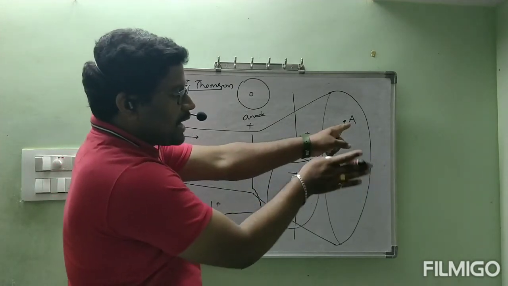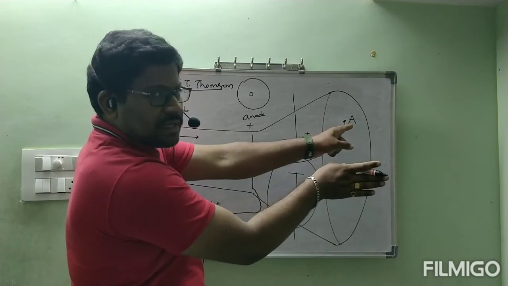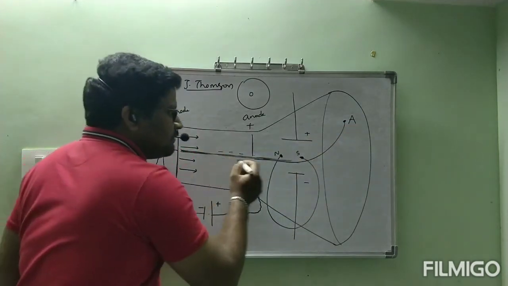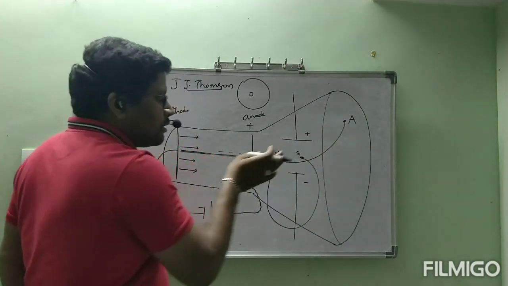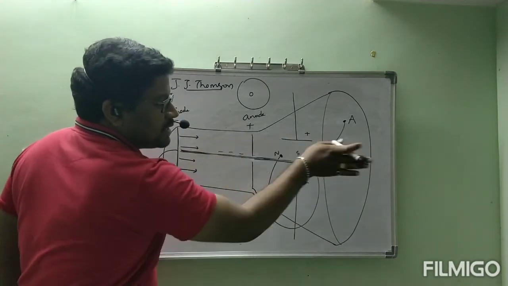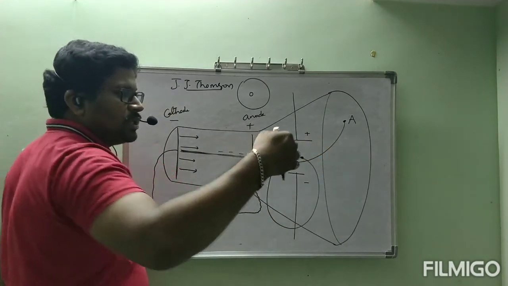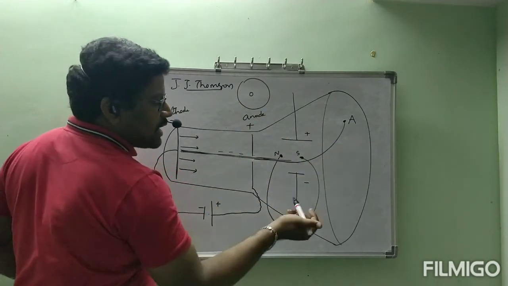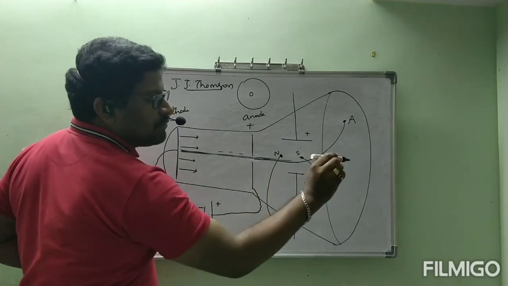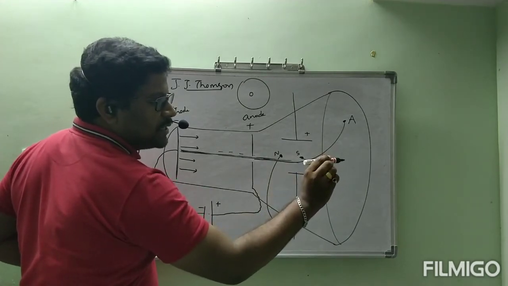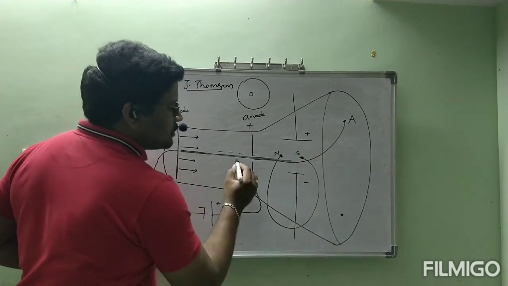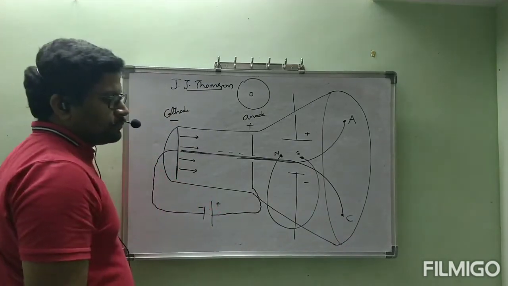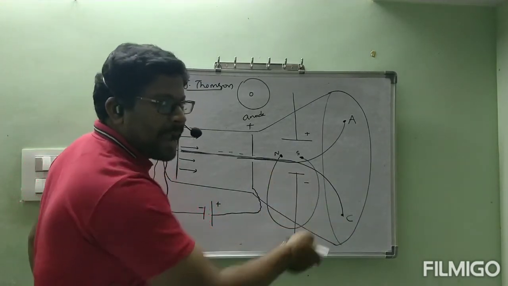Actually A is here and here C. Please observe carefully. This is deflection in plane, but this is deflection above the plane, because the north pole is from above to below. So the magnetic field is in this direction, so these are deflected like this. I am drawing on the board, it is not possible to draw one point here, so I kept the point here. This is point C. This is because of application of magnetic field.